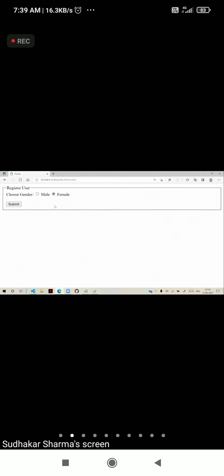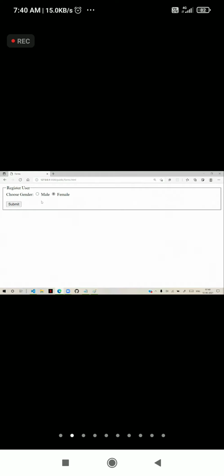So when to use these radio buttons? Remember, radio buttons must be used when selection is mandatory. That means the user must choose one option. He cannot leave it empty, he must choose one option, but any one option only out of all. In such a case, you can use radios.